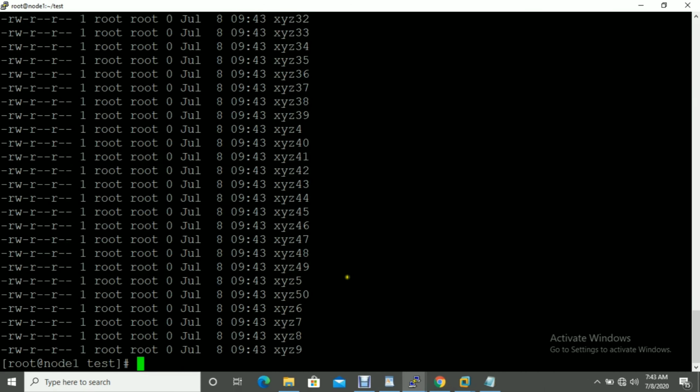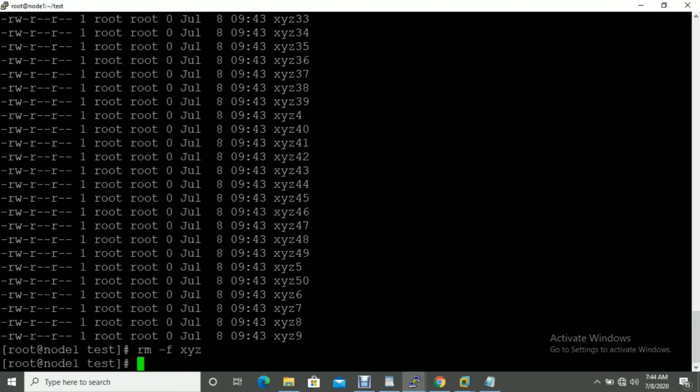You can see these 50 xyz files are there. Now suppose you need to delete all of these xyz files. How will you do it manually? Like rm -f and then you have to give the file name.